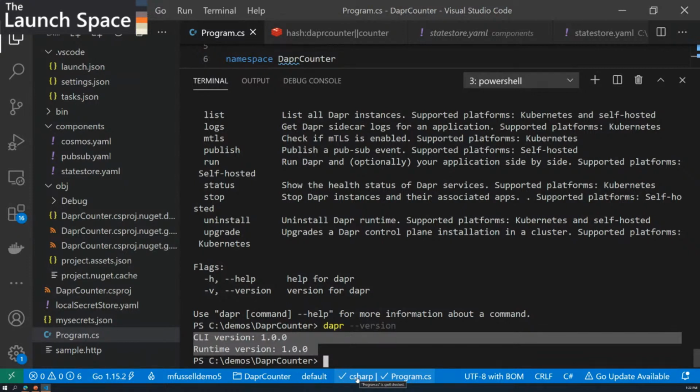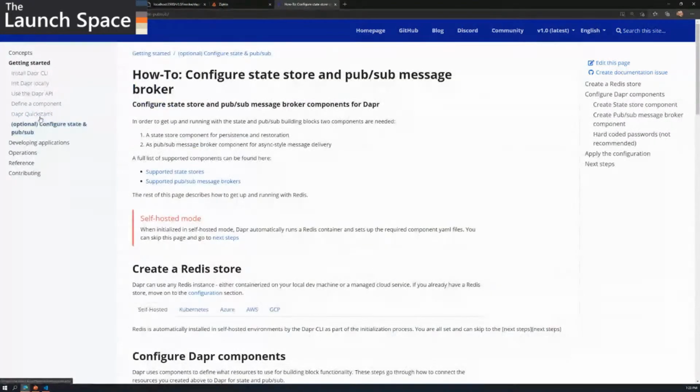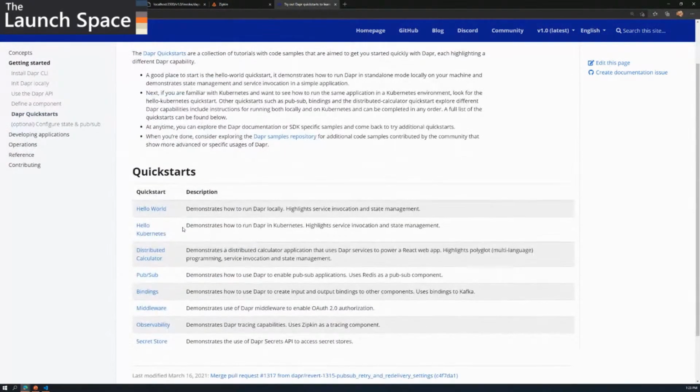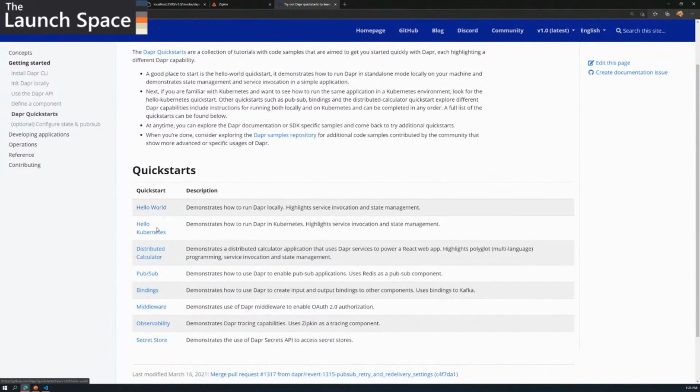This is the great thing about Dapr. We've been working on it now for about 1.5 years publicly. When we released 1.0, this proved that we actually had customers running in production with Dapr today. So go back to this tutorial, keep going through it. It'll give you a little go with the Dapr API. And then when you end up in these quick starts along here, walk through these quick starts like this Hello World one and this Hello Kubernetes. And then you can explore from there.